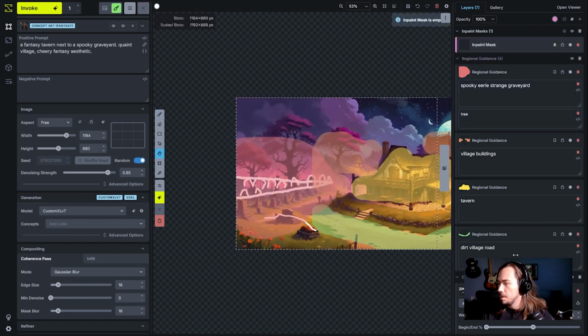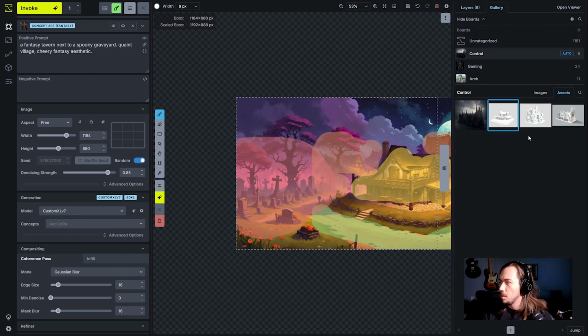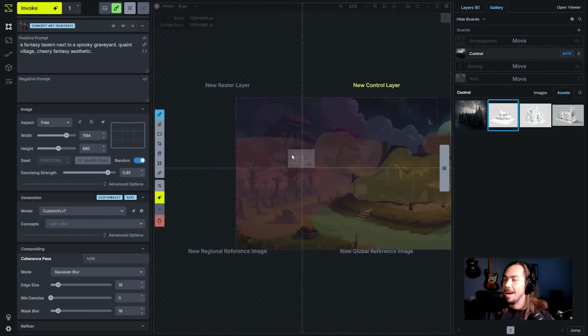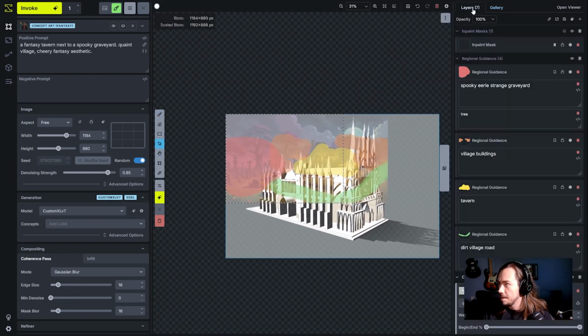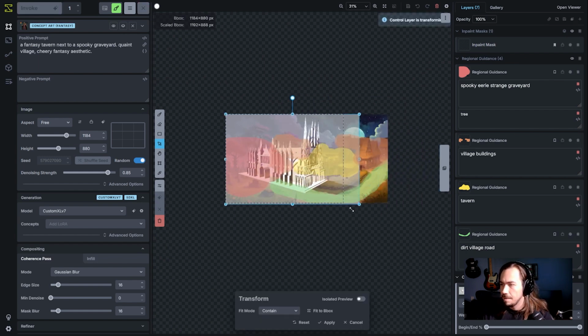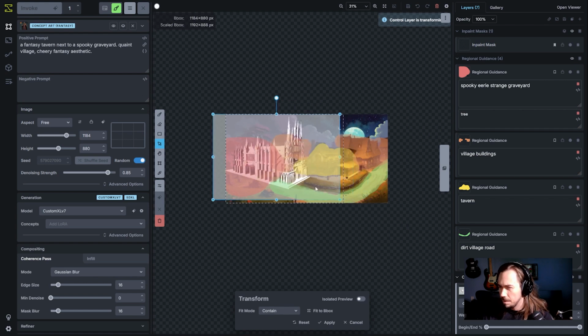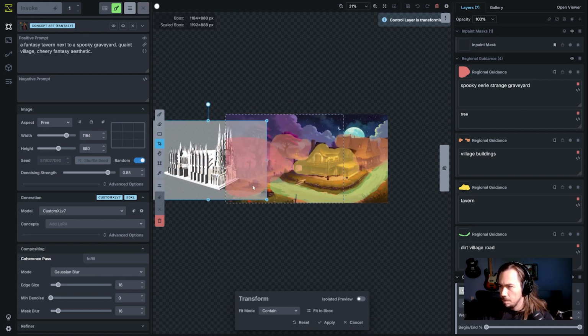We are going to, now that we've got that Scribble out of the way and we've kind of expanded it, I'm going to drag our cathedral in here, and we're going to add this in, and that's kind of what I was going to do. That's my fun idea. Shift T is a hotkey for transform. It's not Control T because that is a browser hotkey, and we don't want to mess with that. But we're going to move this over